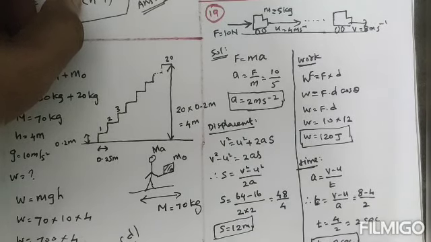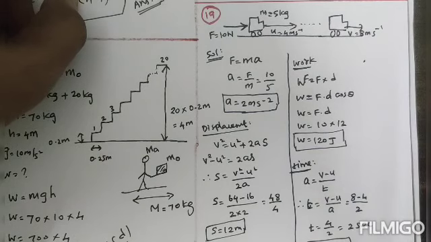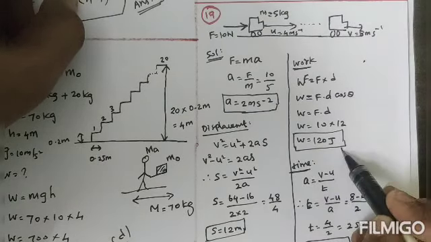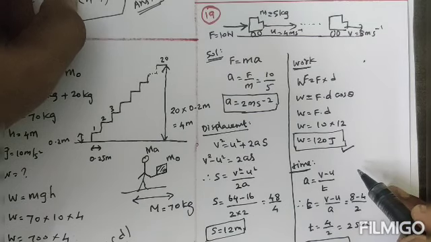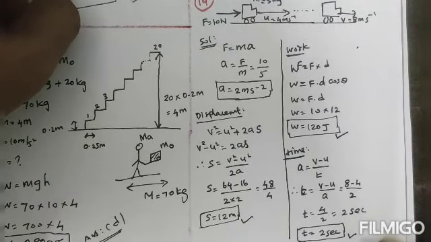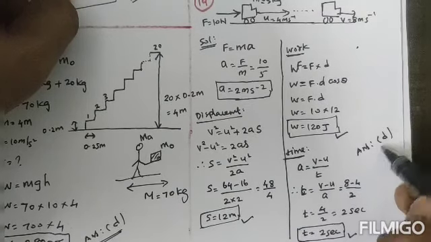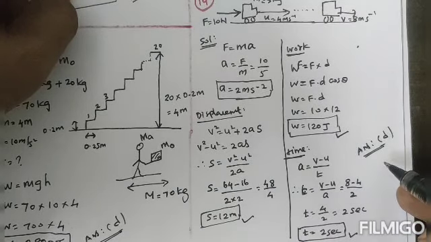So now I am going to observe the options one by one. Okay, let's see. Option A, the work done by the force is 120 joule. We found 120 joule, so option A is correct. The next option B, displacement of the body is 12 meter. So option B also correct. Next, time for change in velocity is 2 seconds. See that change in velocity, it takes a time of 2 seconds. So all the options are correct. So here the correct answer is D, that is all of the above correct.